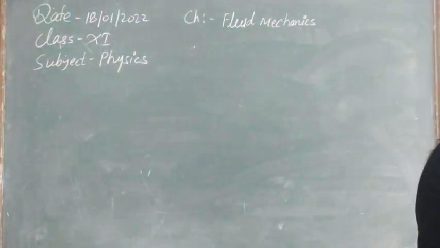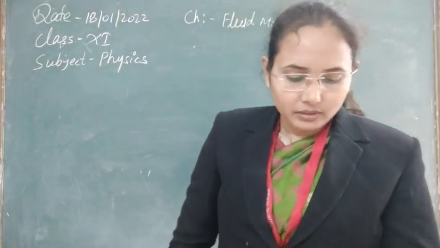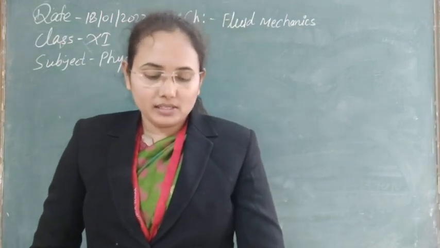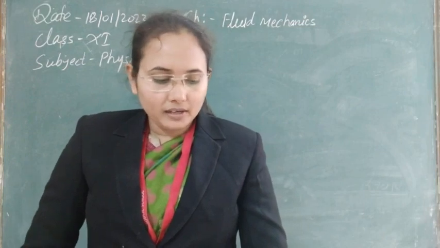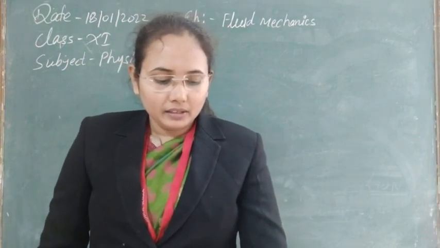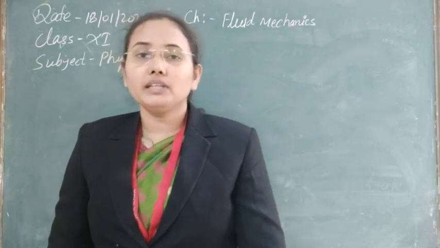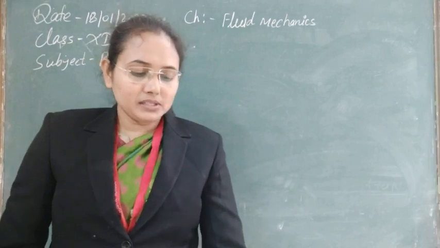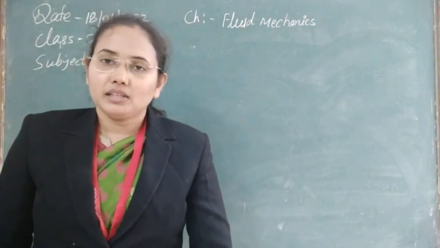So the second question for the same, we have for Pascal's law. Two syringes of different cross section without needles, filled with water, are connected with a tightly fitted rubber tube filled with water. The diameters of the small piston and the larger piston are 1 centimeter and 2 centimeters respectively. So I think this is now clear.